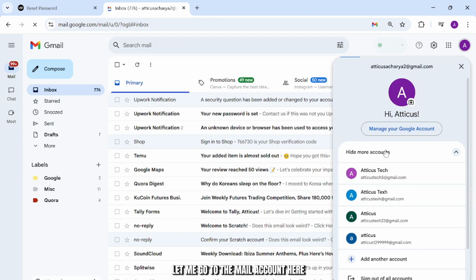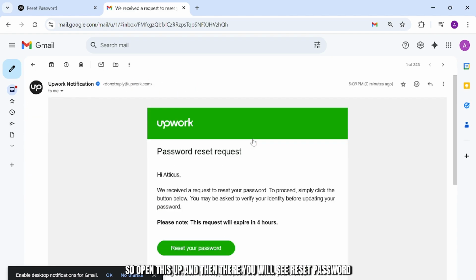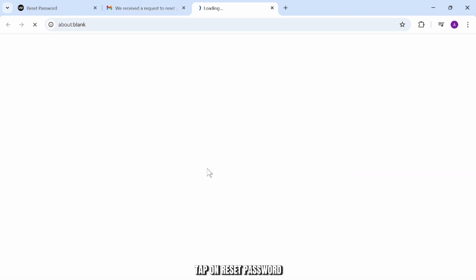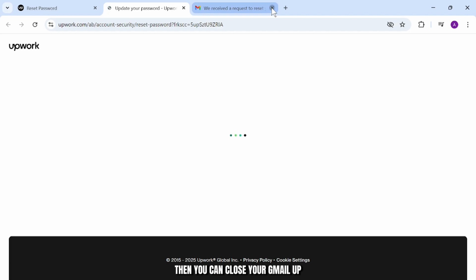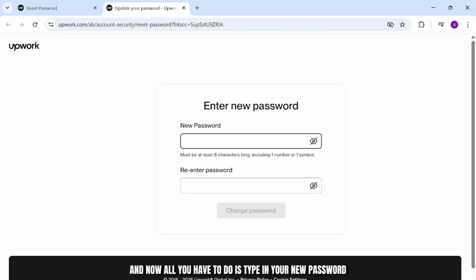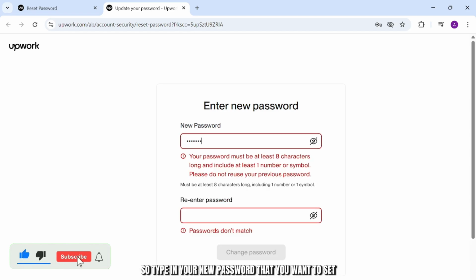Let me go to the mail account here. Then from here, you will get this email. Open this up and there you will see reset password. Tap on reset password. Then you can close your Gmail up. And now all you have to do is type in your new password. Type in the new password that you want to set